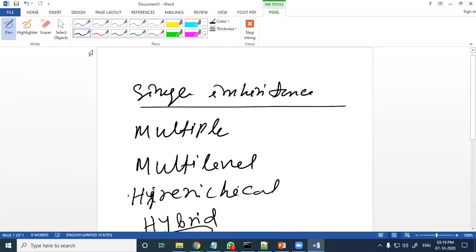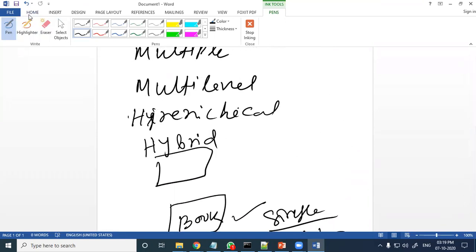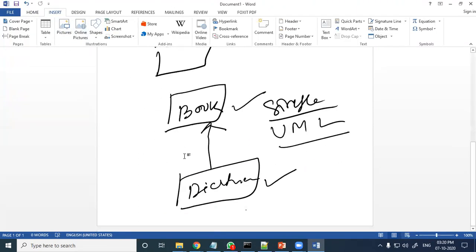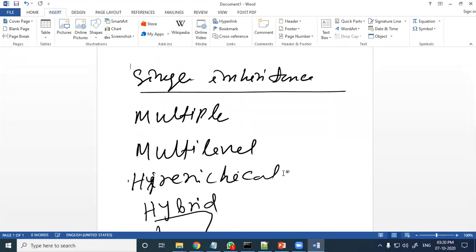Next is multiple inheritance. Which type of inheritance is called multiple inheritance?